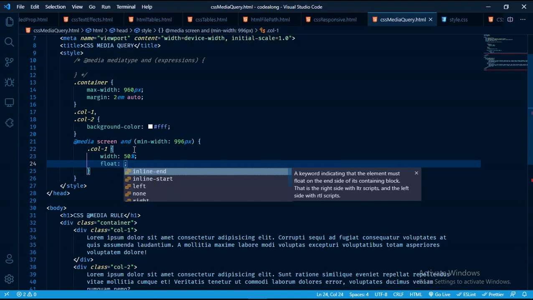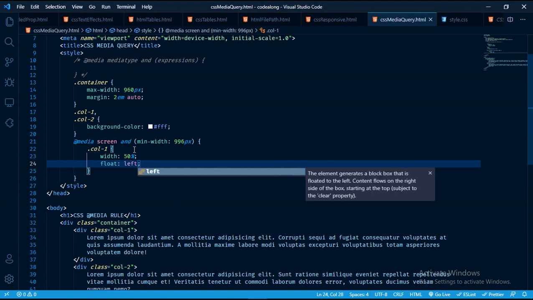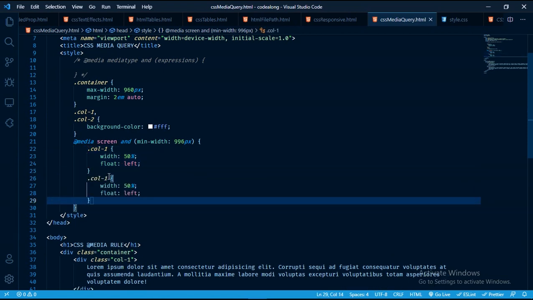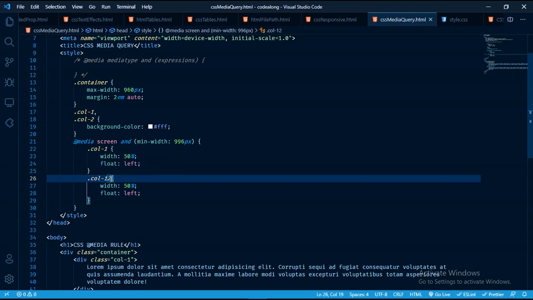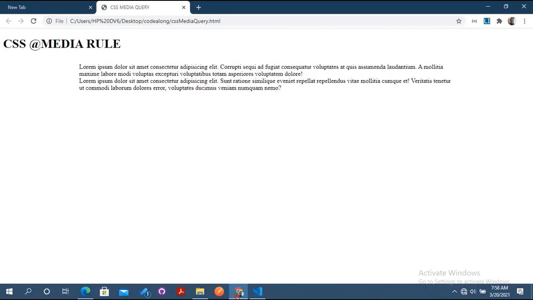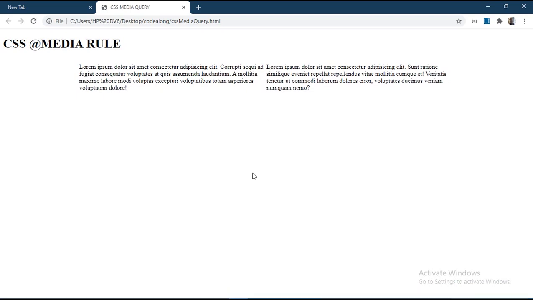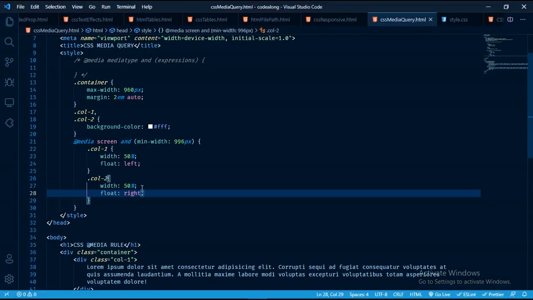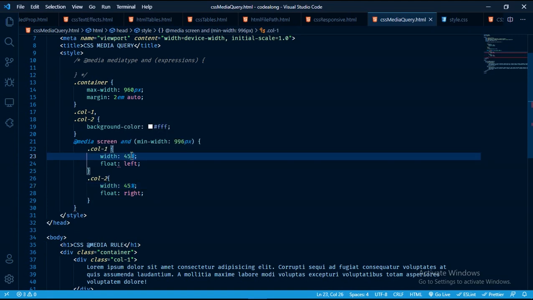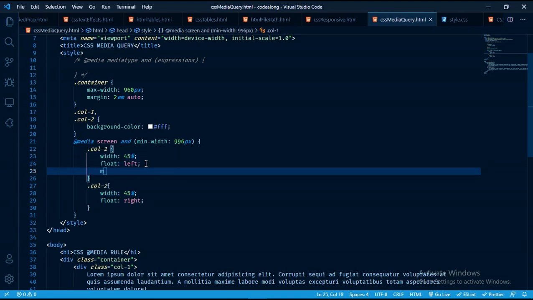Floats to the left, and then let's copy this as well. Floats to the right. So let's take a look. Okay, so you can see, and let me reduce the width to 45 to be able to keep a margin of 45. So remaining 10. So I'm going to give a margin